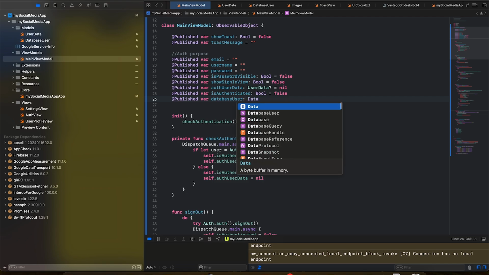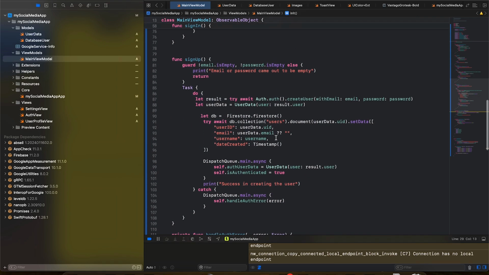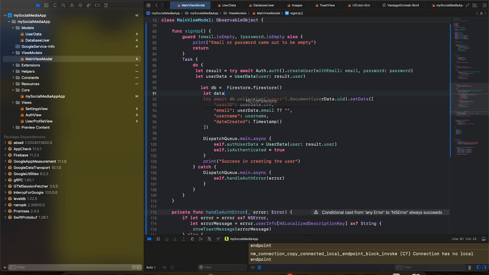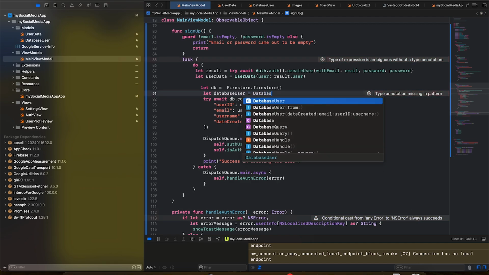What we would do now is we would create a published var, database user, which would be of the type database user optional, give it a default value of nil, and inside our sign up function we would need to have, let's say we have user data, we have created a document in Firestore. You're creating a document here, we have db. What we could do is we can create let database user, and we could have database user,